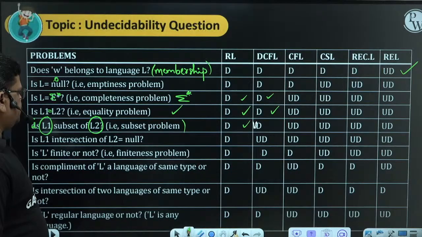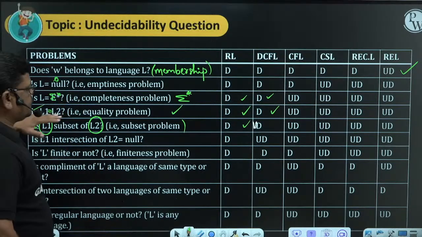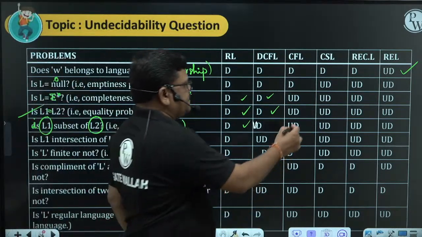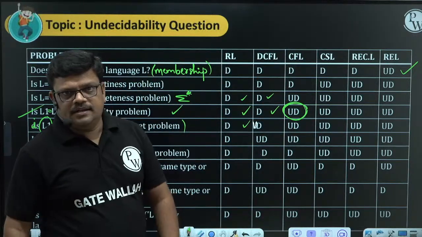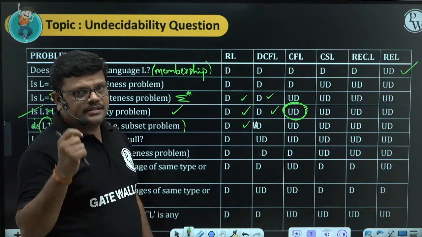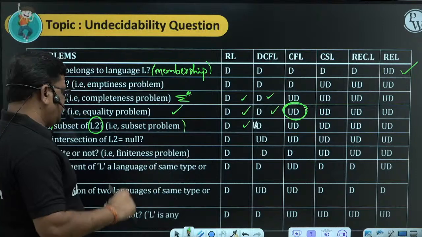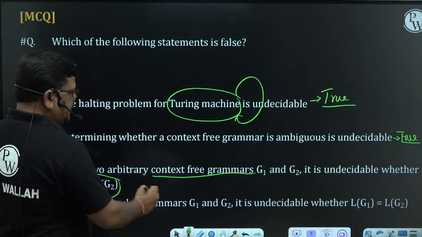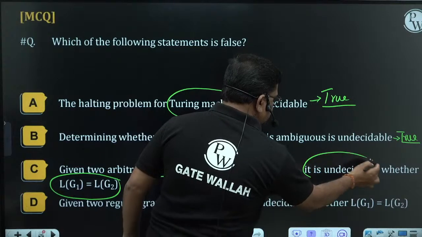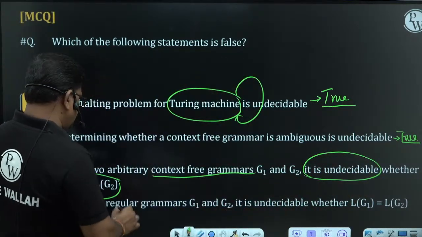Let us go to the table. The equivalence problem is this one. Context-free grammars means context-free languages. The equivalence problem for context-free languages is an undecidable problem. Based on this, it is clearly undecidable. He is saying it is undecidable, so it is also true.